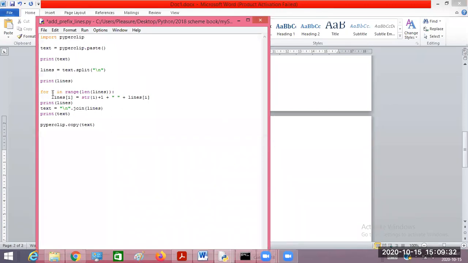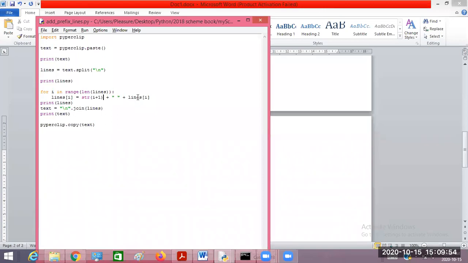Str of i, where i is 0, plus 1 becomes 1, then it will be considered as string type, then space will be prefixed, then lines will be prefixed. Over.